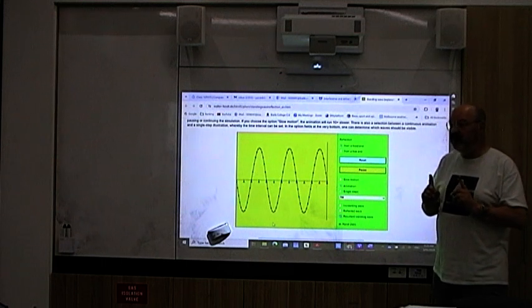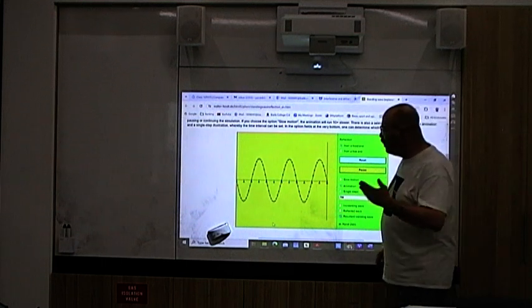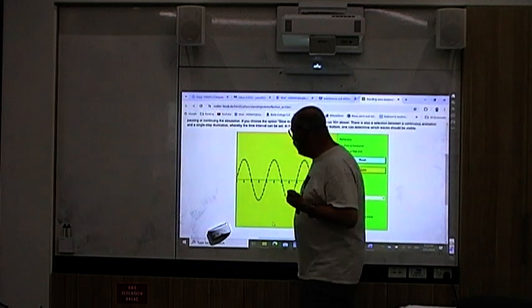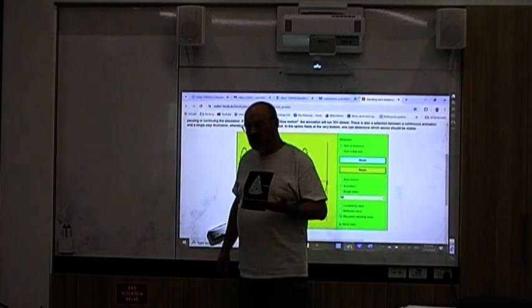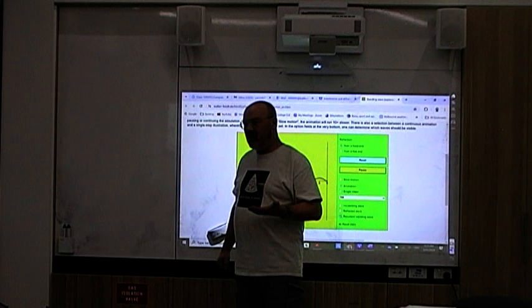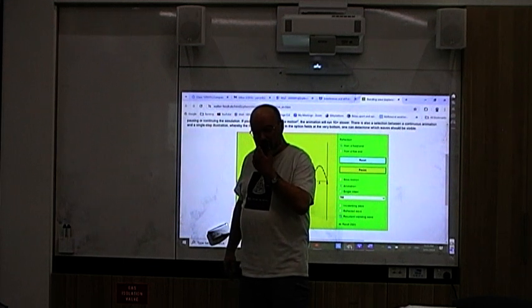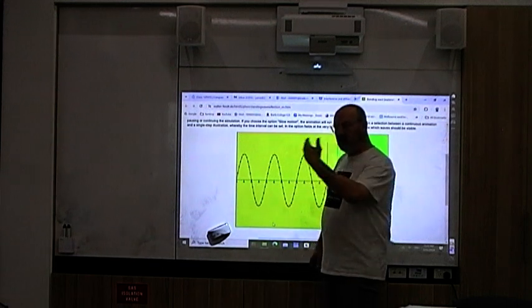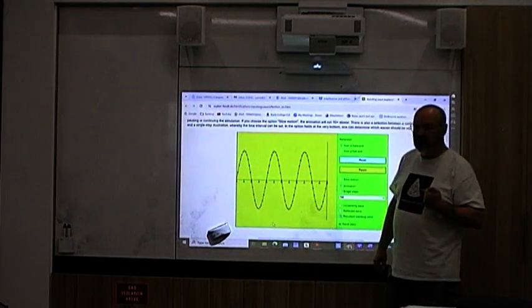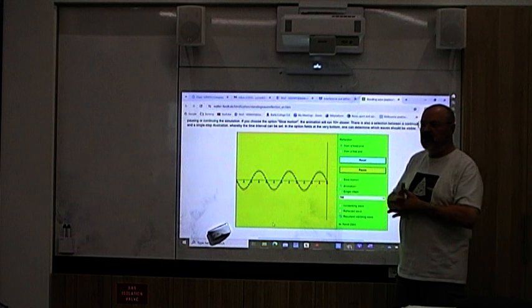It's important to say: traveling wave and reflected wave superimpose on each other. So two waves, one traveling, one reflected, superimpose on each other,